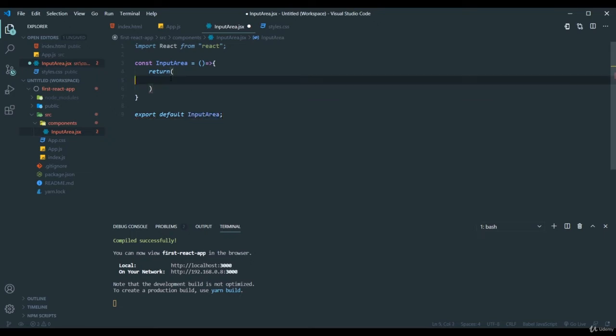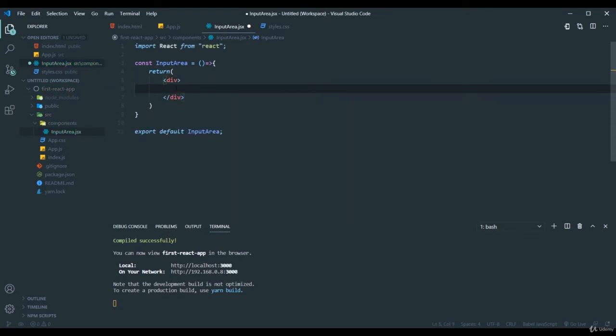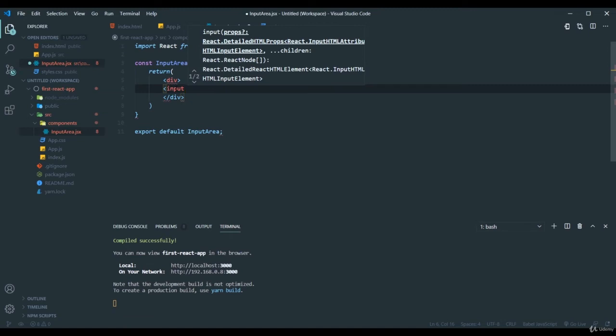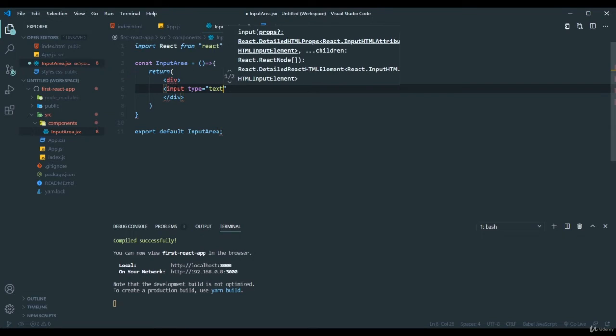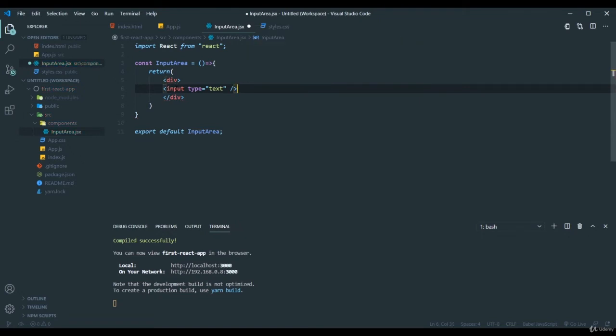So inside this, I will have my input field inside a div. Here I will create an input tag. If you already know the HTML basics, you will understand this, or else I'll just explain. This input tag allows the user to type some input, and here in the type I'll provide text, and I'll just enclose it. Now you can see I got an input field, and for this div I will provide a class name as form,